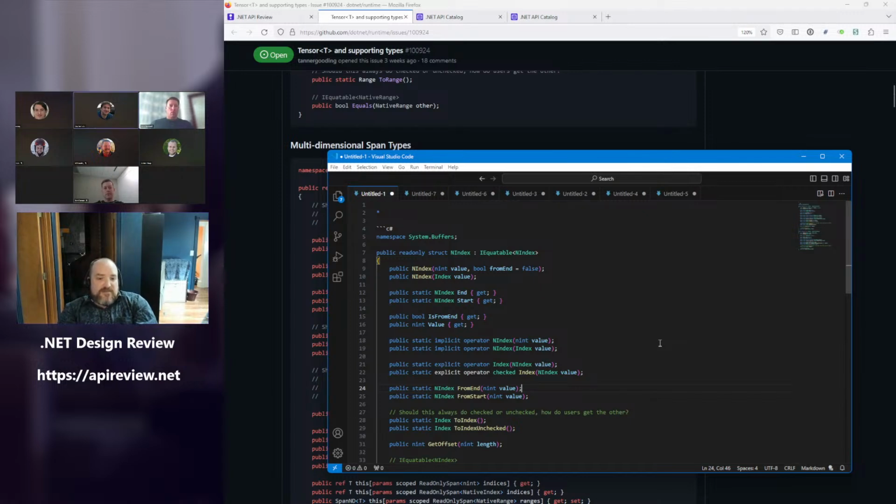Corelib. I think it belongs in system numerics tensors. Okay. Even if we could find a different place for it, I think the most expected place for it is in that namespace. Fair enough. But then do we feel that, yeah,